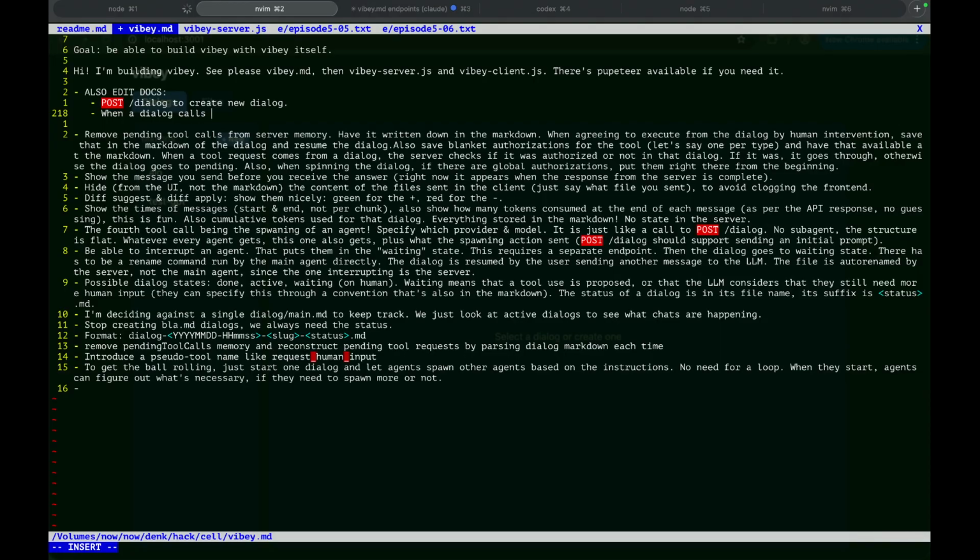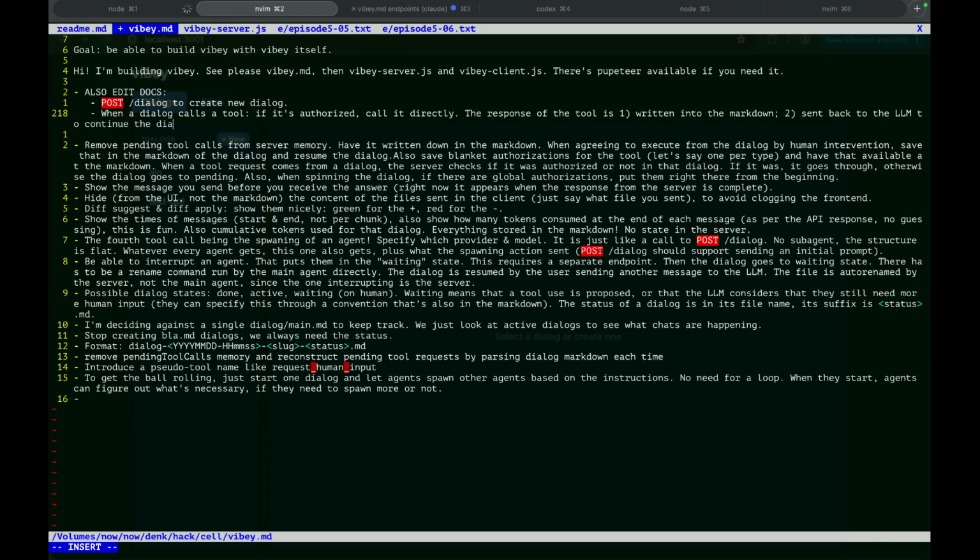When dialog calls a tool, once the tool is sent, it is written into the markdown, sent back to the LLM to continue the dialog.